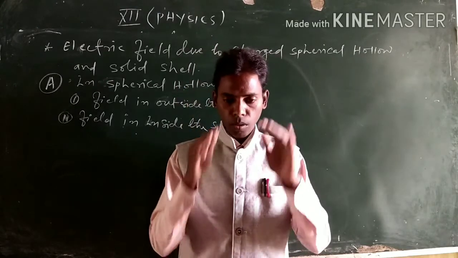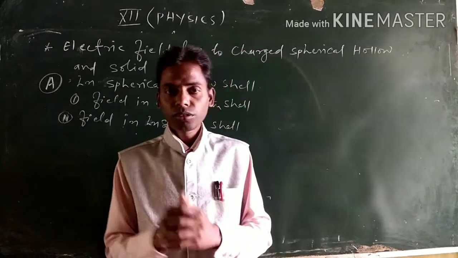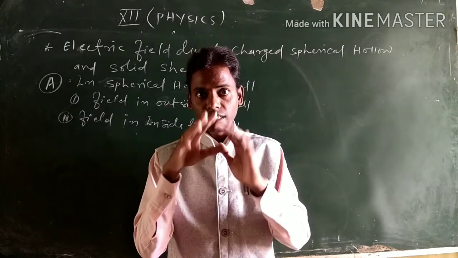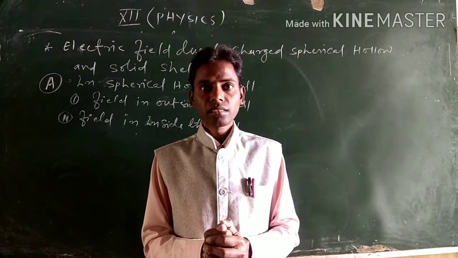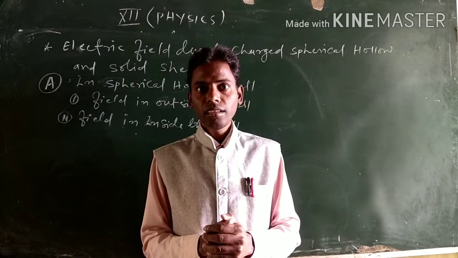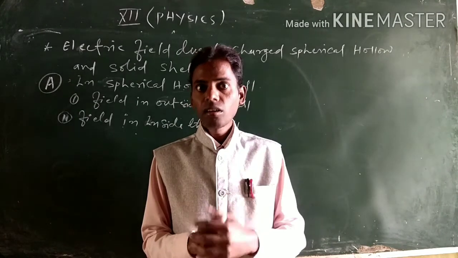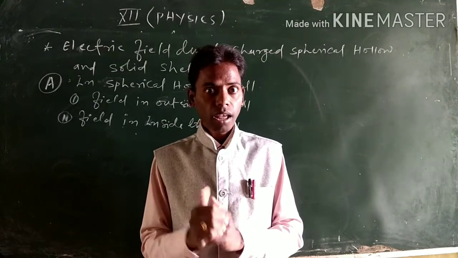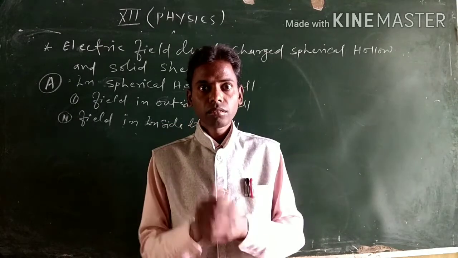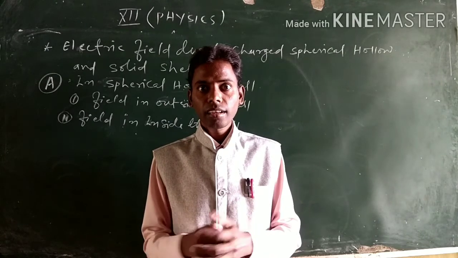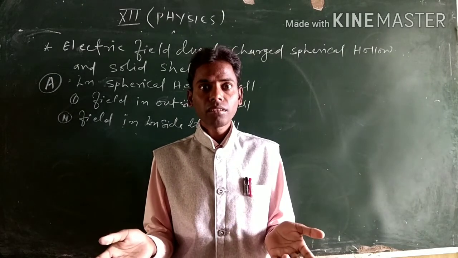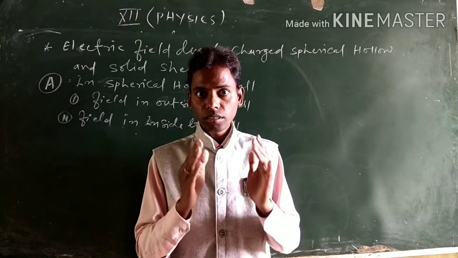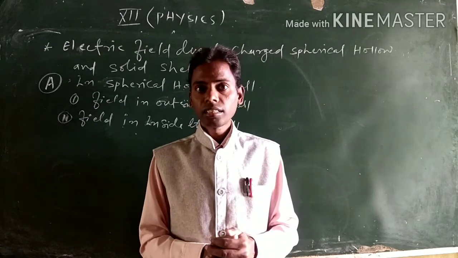That means for the hollow shell we are using a football, okay. In a hollow shell, that means inside there is some space, there is no matter, okay. That is our hollow shell, right. We can take a football, a cricket ball, balloons. We can take an example, our classroom also, some space is there, right. This is the spherical hollow shell, right.